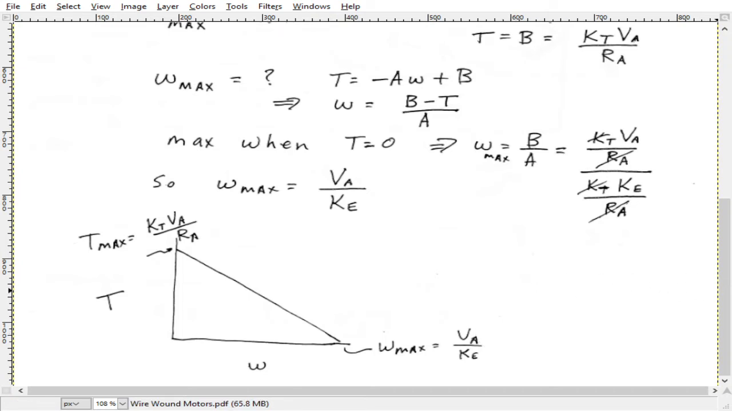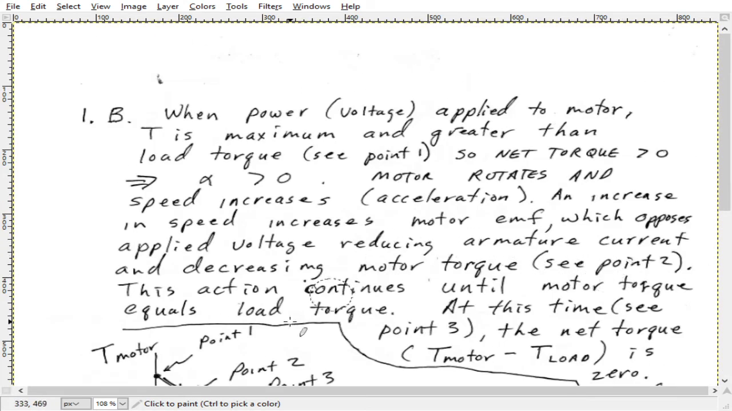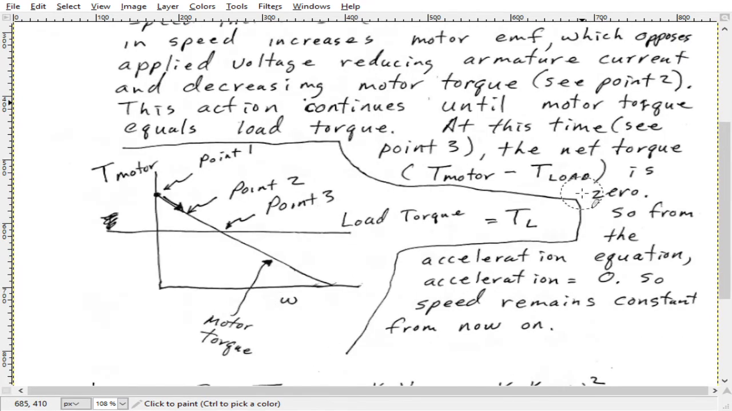All right, let's go to the next slide. Now here, I'm going to let you read this. I'm just trying to explain what's going on here, but let me explain with words. So here's our torque speed curve for the motor. Omega is the speed here, torque is here, and what I've done is I've drawn a horizontal line to represent